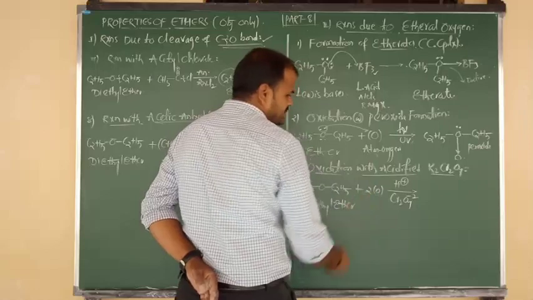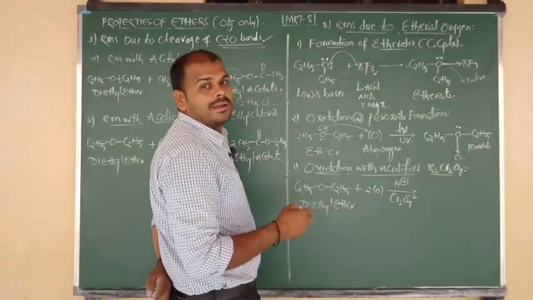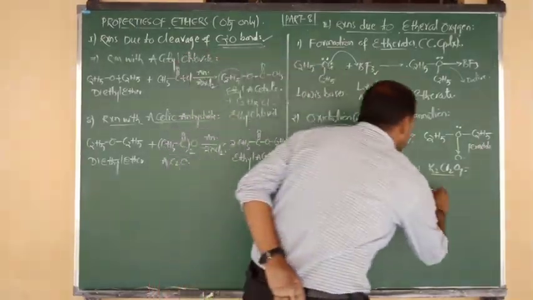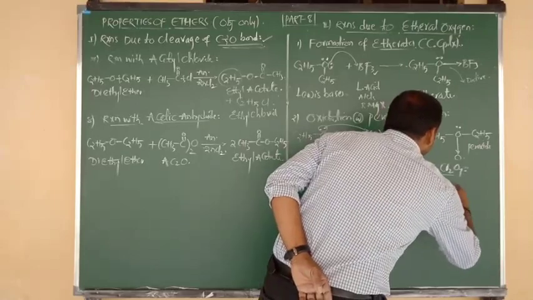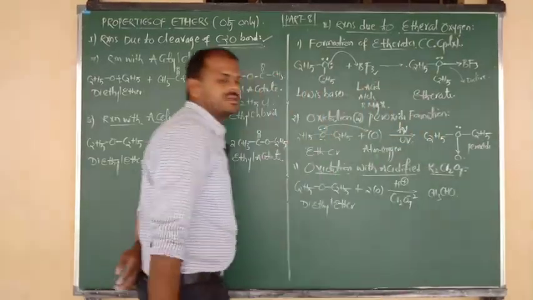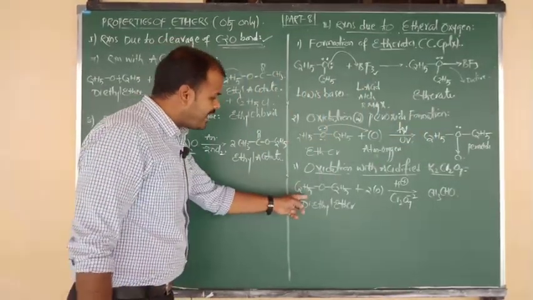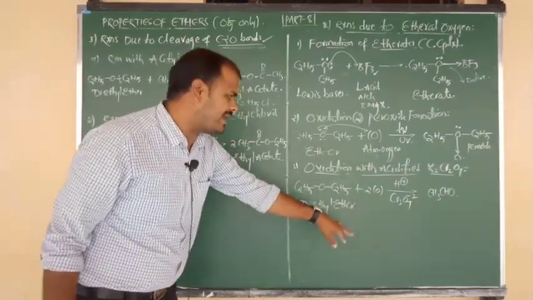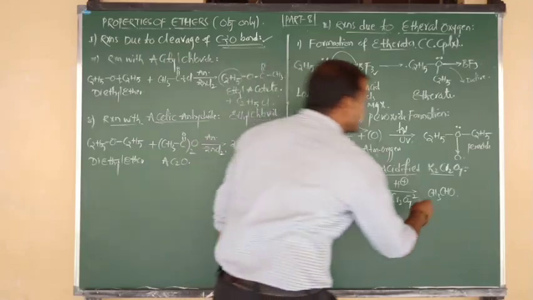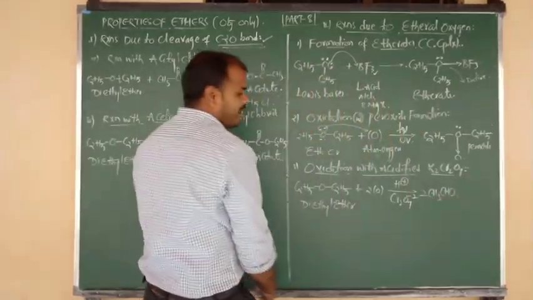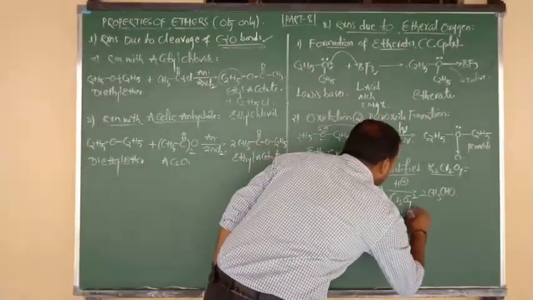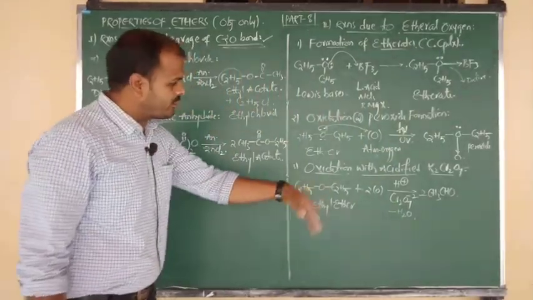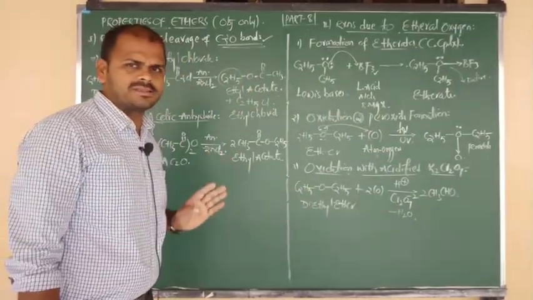Ethers upon oxidation first form an intermediate, that is nothing but acetaldehyde, or we can say the intermediate is an aldehyde. In ethyl, 2 carbons are there. First one ethyl changes into acetaldehyde, another ethyl group also changes into acetaldehyde, and after the elimination of a water molecule. If you want, you can check here, everything will be balanced.